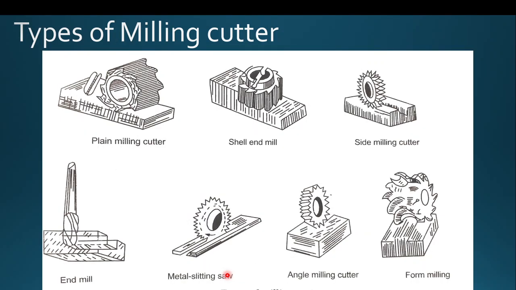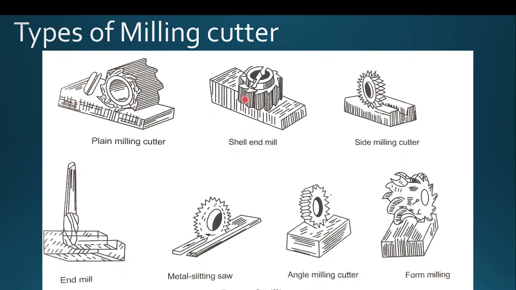If you look over the various types of milling cutters, based on the application we can have many types. The milling cutters are the tools used for performing the milling operation, and this is the plain milling cutter, generally used for producing flat surfaces. At the time of machining, the width of the finished surface is equal to the width of your milling cutter. If you want to machine a large area, then you need to perform multiple passes with this milling cutter. And this is the shell end mill cutter.